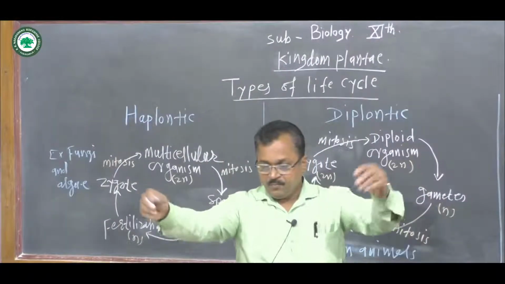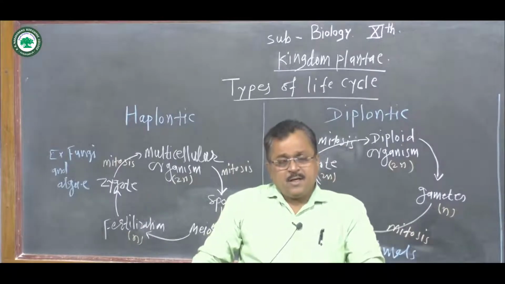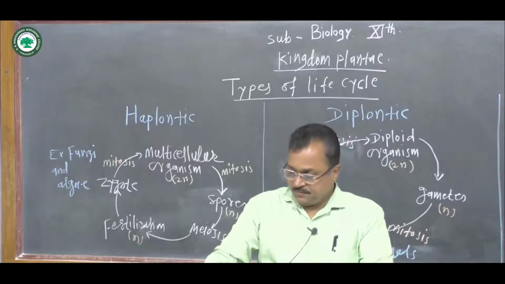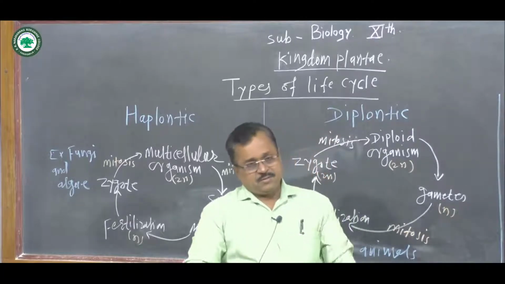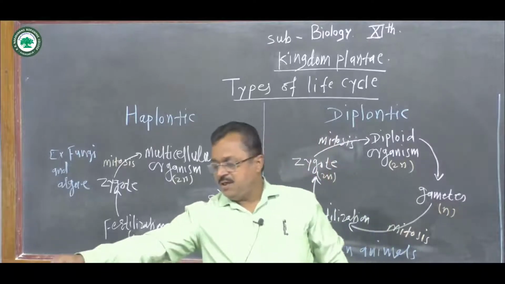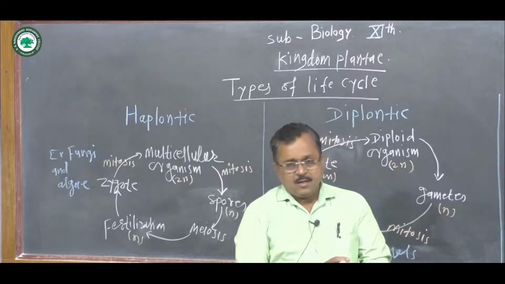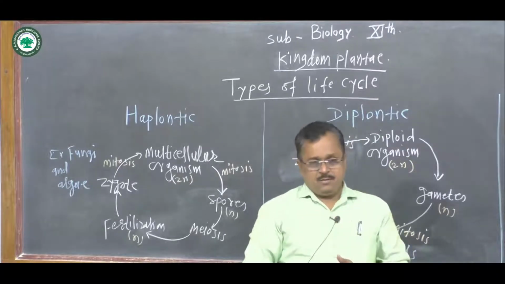Last time we have already seen the alternation of generations in organisms. What is alternation of generation? Alternation of generation is nothing but the two generations in the life cycle come alternate with each other, that is